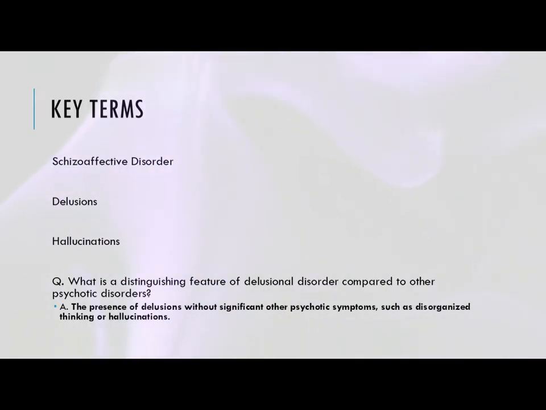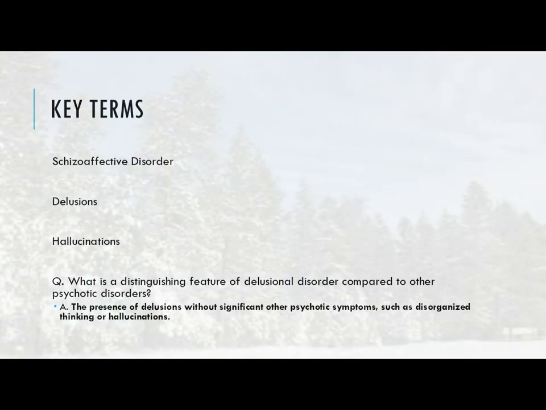So one of the important things is to surround the person with recovery-oriented care. Allow the person to have a sense of purpose and control and meaning in life, but still adhere to their treatment plan. This is particularly important in longer-term conditions, like schizoaffective disorder, which is a long-term disorder. So let's close out with a review of some key terms.